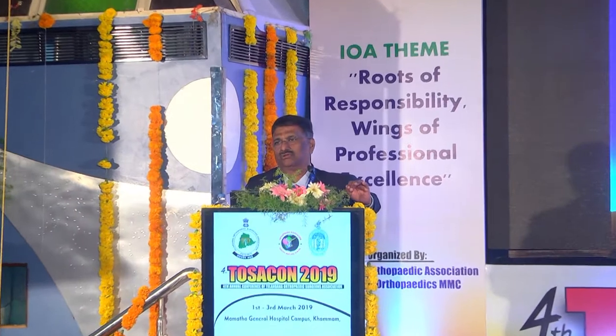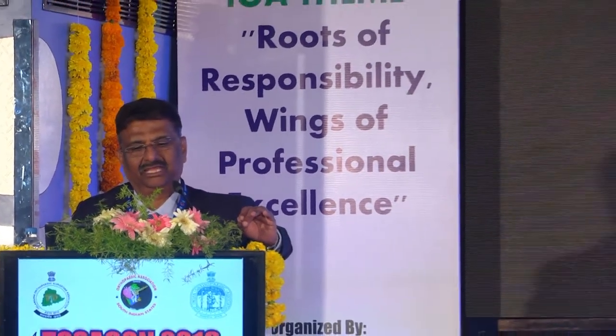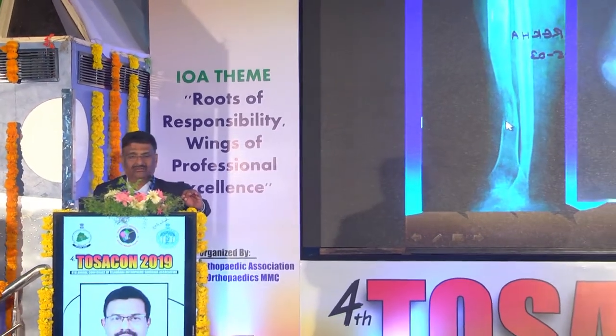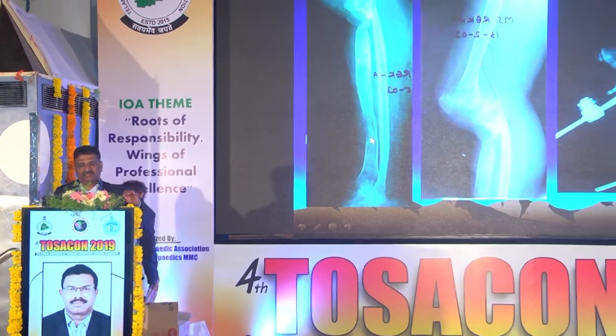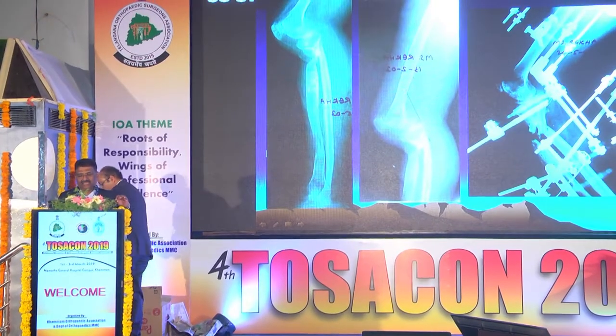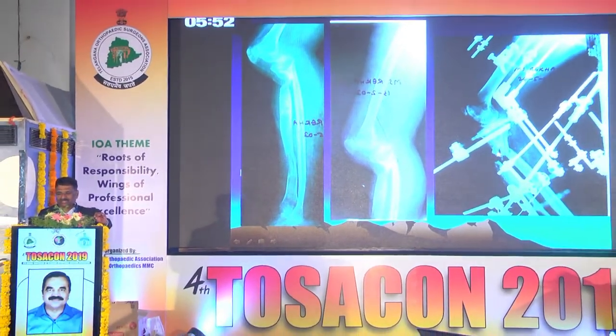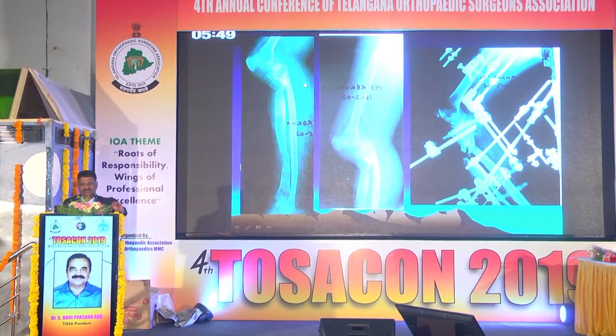This is the lady who had an internal bone transport for a large gap in the tibia. She had post-osteomyelitic sequelae, and in the bargain, the tibia subluxed posteriorly. That is an X-ray which shows that there is a flexion deformity of the knee, and the tibia has subluxed posteriorly. You can see that this has not yet really gone to full consolidation, but the transport is complete. If you draw the lines, your apex should be here. So at the apex, we have put the hinge. We have done the osteotomy at this level because there was a cross union.